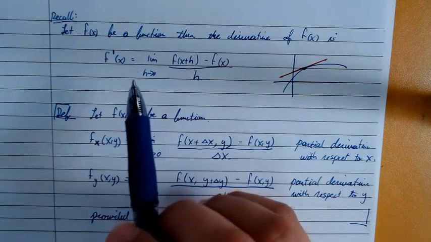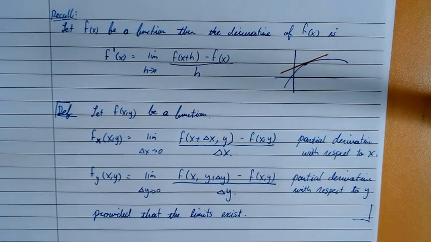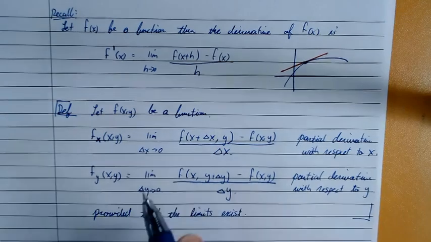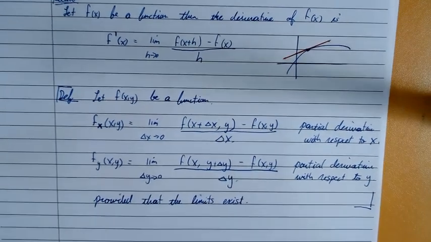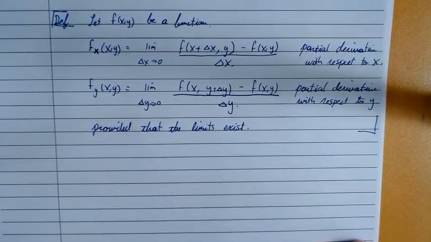There's some nice results that we got from theorems, like the use of the sum rule, the difference rule, the product rule, the quotient rule, the chain rule. From a practical standpoint, we're going to have some nice results for the partial derivative. Before we even get to those,